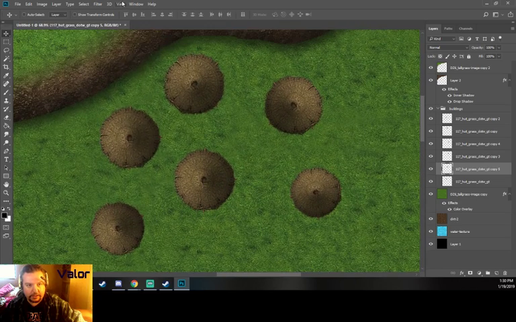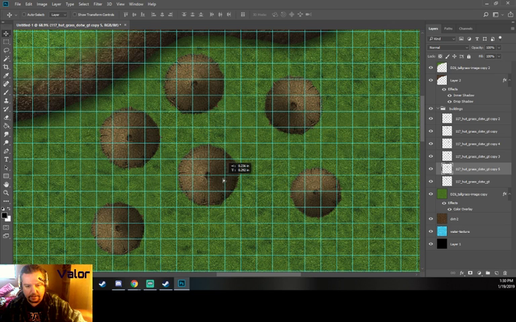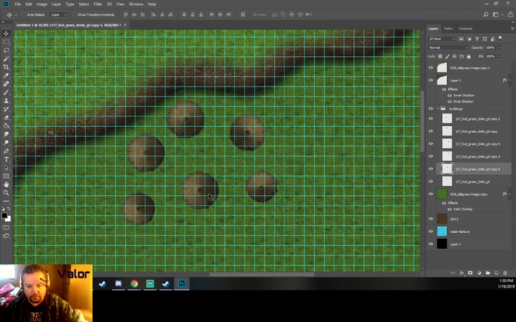Let's go back to our guide layouts. Since these are roughly 5, 10, 15, somewhere between 15 and 20 feet in diameter, maybe four to six people could live in each. So this will be a pretty small little forest village. But if these guys are actually druids, that's actually,